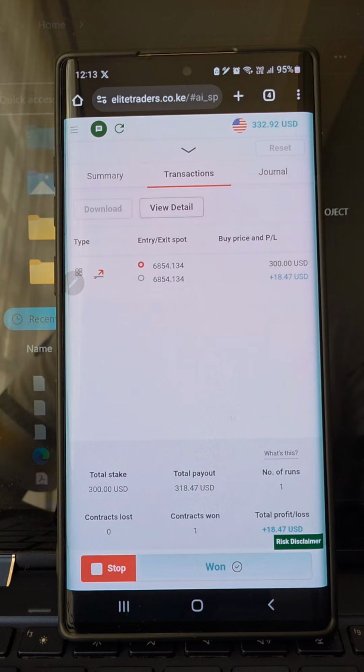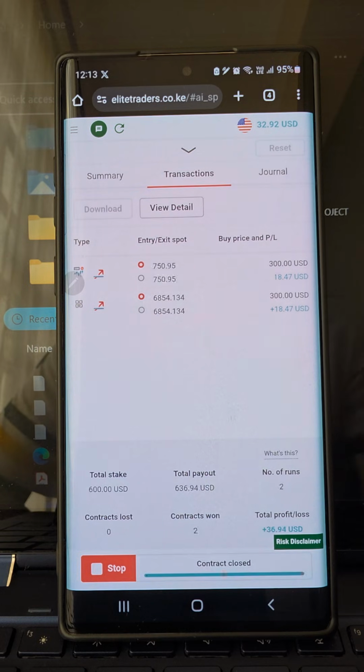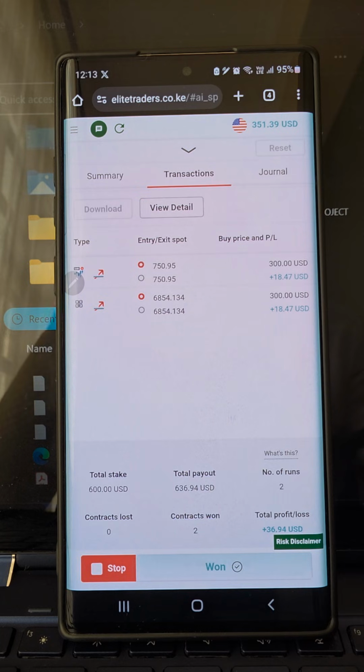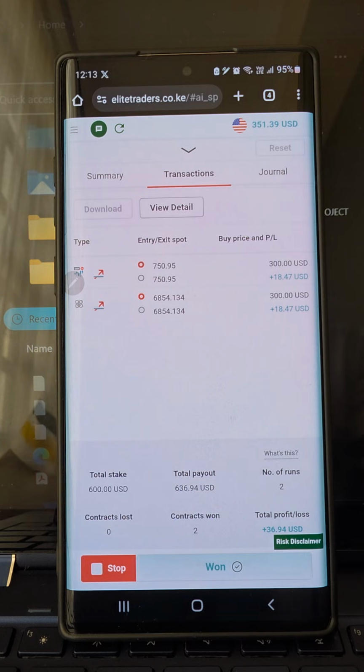And in this case, the digit 0 has appeared 3 times, so the chances are very low that the digit will actually appear again. You can actually see we have hit our next trade. And this, you cannot actually apply this strategy if you are not using a one tick speed robot,